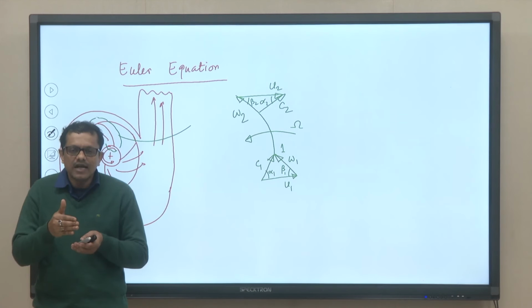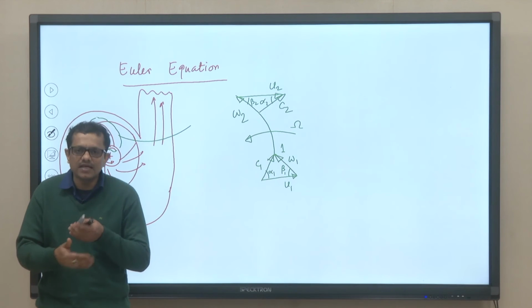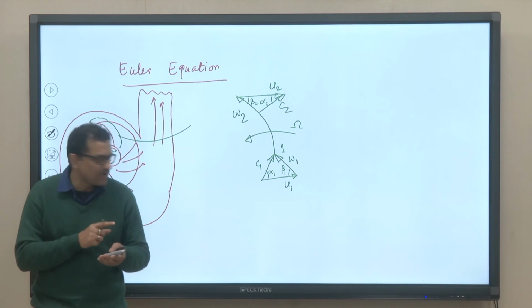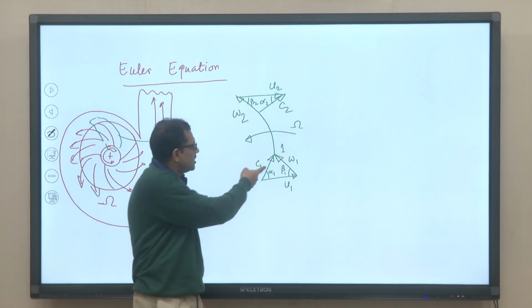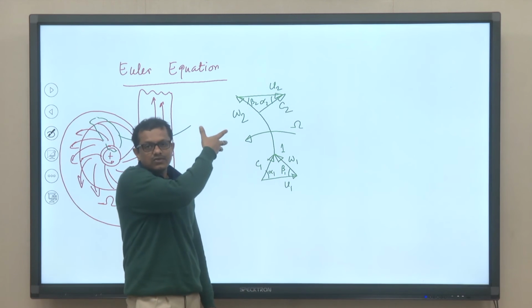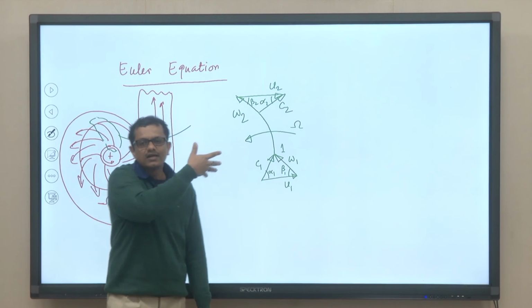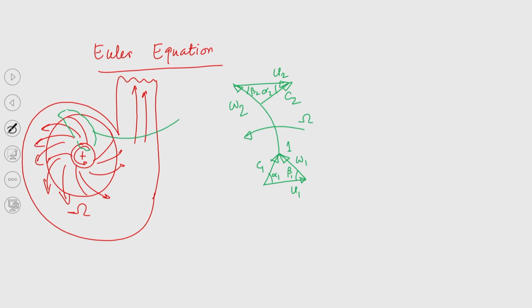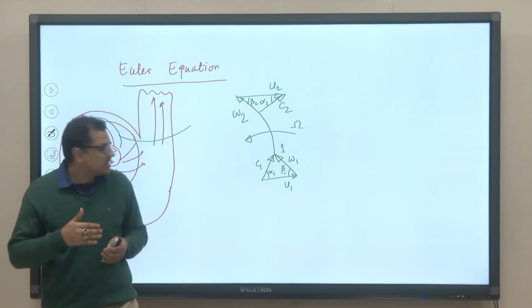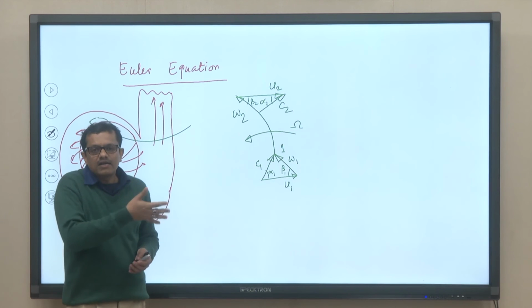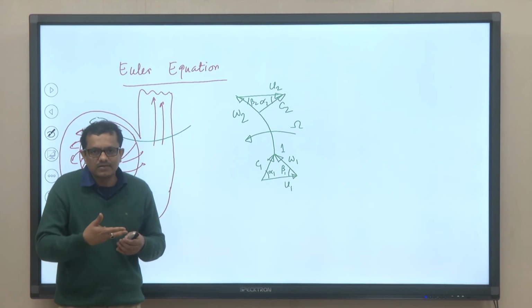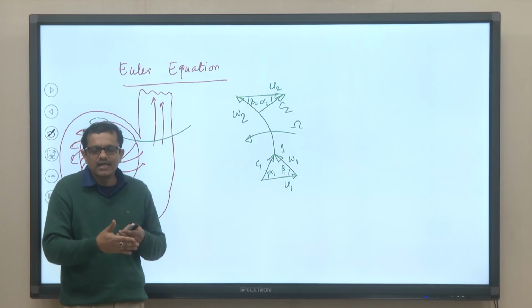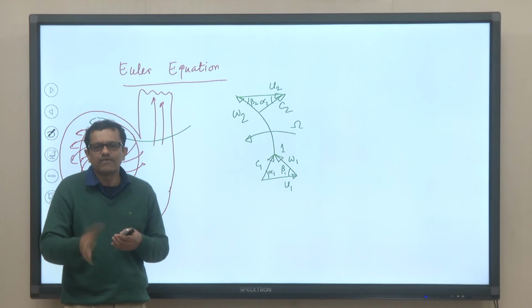Now, that pump will be supplied by a pump supplier. So, whenever a pump designer is designing the pump, he needs to design properly, so that the component of velocities will be in such a way that the head which will be developed will be able to cater to the need. Okay. So, what is done? Now, what we have understood is that in case of a pump or turbine, the energy conversion takes place, whether it is from mechanical energy into the stored energy of the fluid or vice versa.